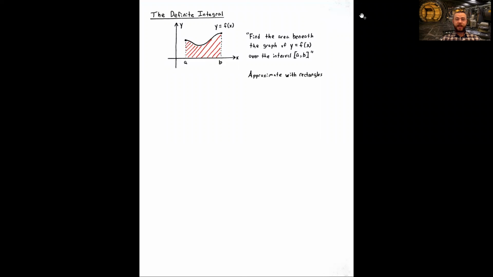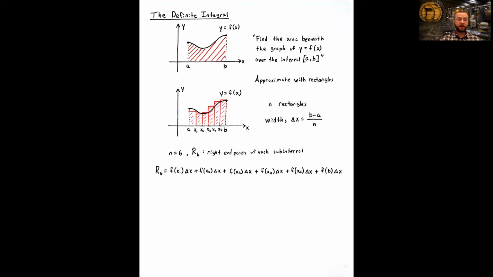All right, in our last lecture, we had our basic problem. Given the graph of a function over an interval a to b, how can we find the area beneath that graph and above the x-axis? Well, as it turns out, that requires a little bit of work. We start by approximating our answer, trying to get an approximate area, and we can do that by approximating with